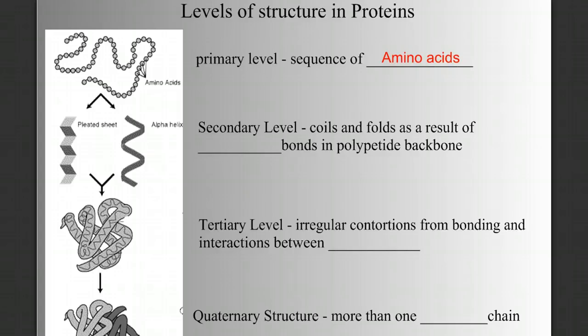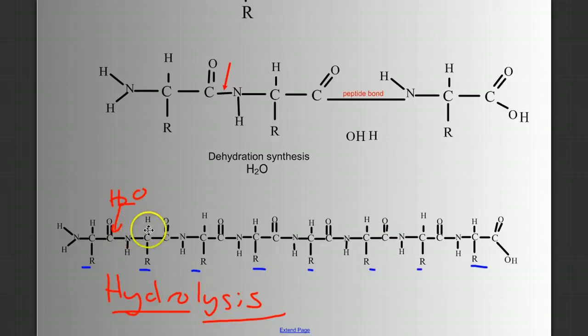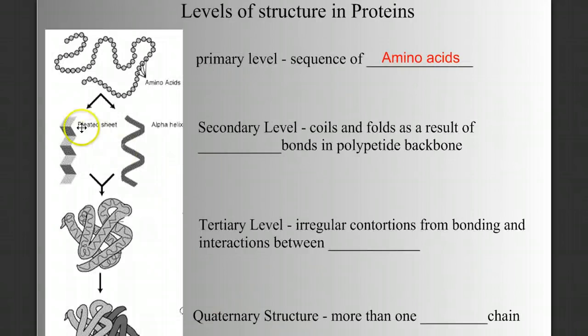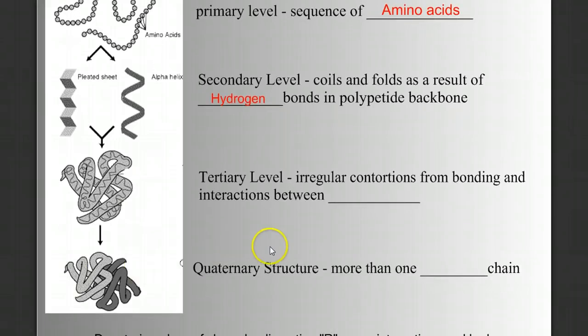But proteins don't stay linear. In fact, as we look on the backbone of this molecule, let me scroll down here, there will be a lot of hydrogen bond interactions in this backbone itself, in this linear part, that will cause the molecule to twist and kink in a repeating pattern of coils and folds due to this hydrogen bond. So that gives us a second level of structure. And then think about like a slinky or something. And then if you took the slinky, which is already coiled, and folded the coils on itself, you get a third level of structure. And this third level of structure, these irregular contortions, is due to bonding interactions between R